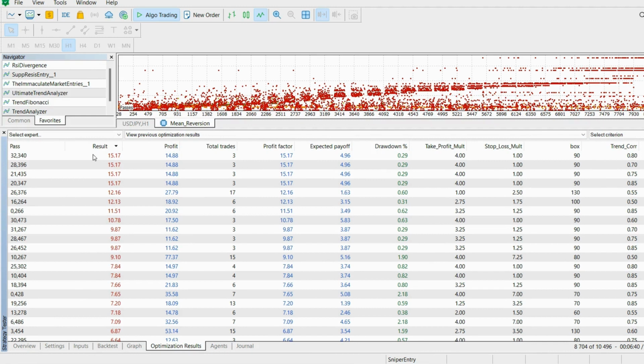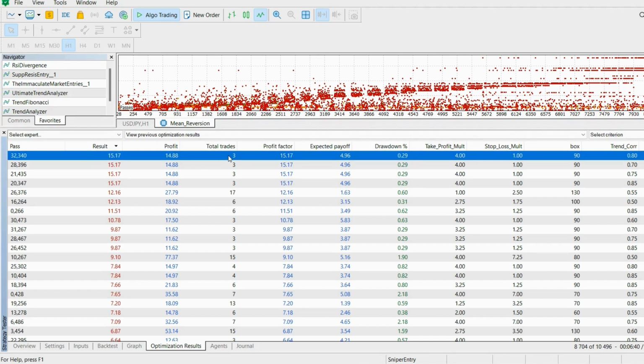But if you look at this closer, you can see the issue, and the issue is that we have 3 total positions, which is too low,